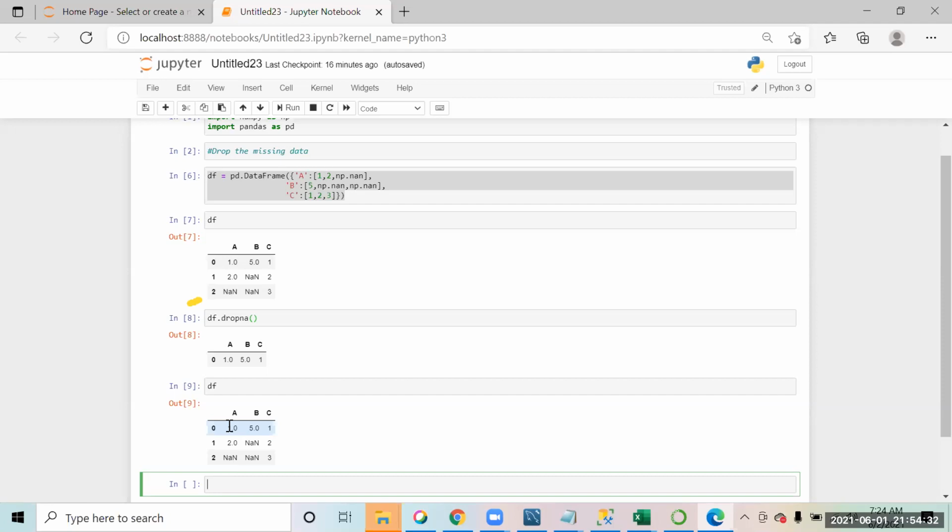Yes, inplace equal to True. So when you say inplace equal to True, that is how you delete it permanently. So we have to use the inplace parameter.